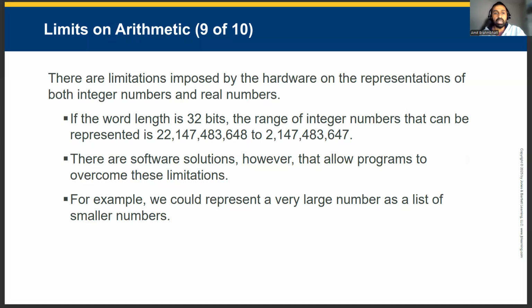These constraints affect any systems using fixed width integer arithmetic, from embedded controllers to large-scale software. However, software can compensate for these limitations. One common approach is representing very large numbers using lists or arrays of smaller numeric chunks, a technique used in big integer libraries found in languages like Python and Java. By chaining together multiple integers, we can represent arbitrarily large values limited only by memory. This slide illustrates while hardware imposes finite limits, software techniques can help circumvent them when higher precision is essential.